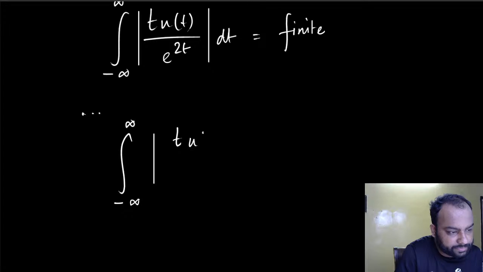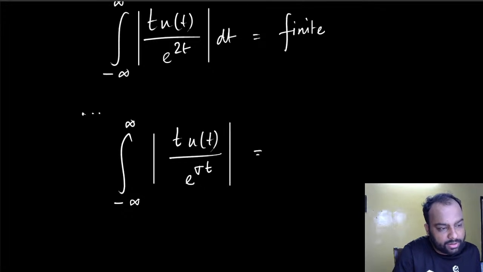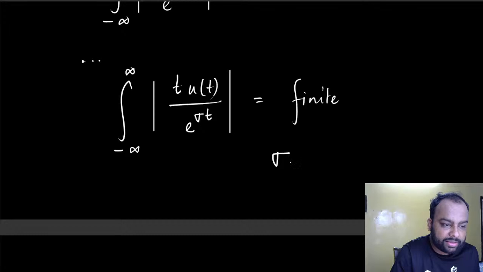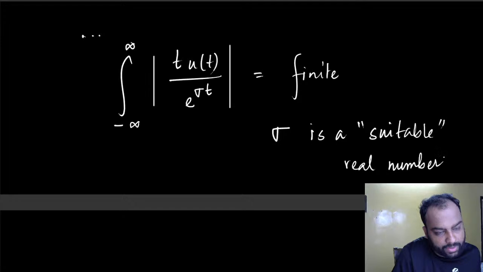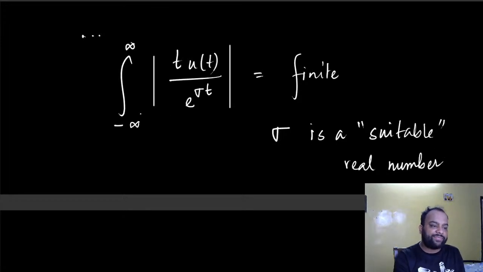I can have e to the power sigma t. I can divide x(t) by e to the power sigma t and have a finite value, right? As long as sigma is a suitable real number, right? The point is, if sigma is 2, 3, 3.5, anything, any positive real number, I would have a finite value here,